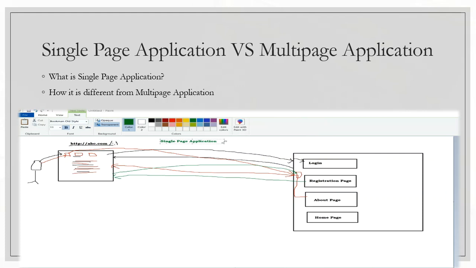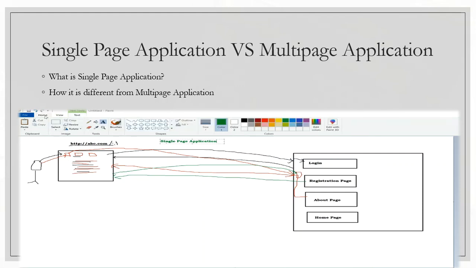In single page application, we are not going to request every time to the server for any page. Let's take an example. Let's delete this all.